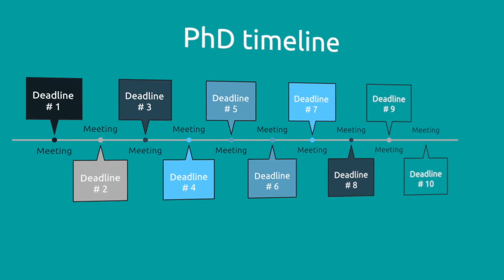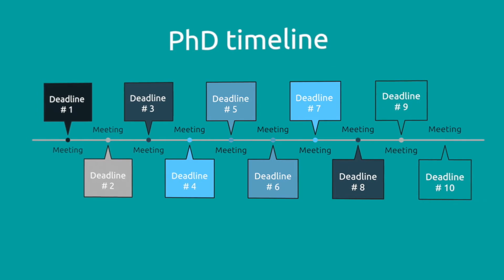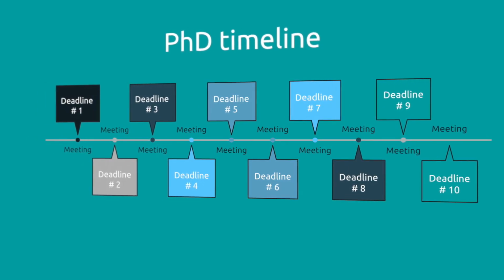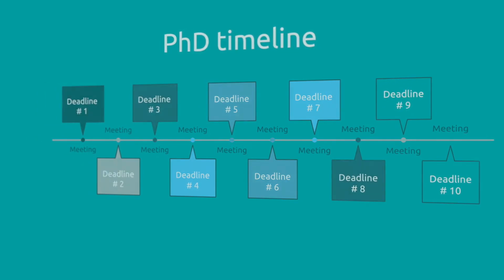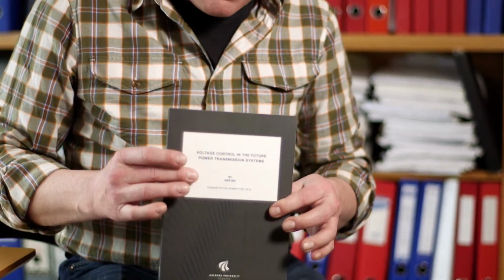And repeat again, we will make the next meeting and so on in such a way that we actually break up the project into something resembling 10 deadlines. The PhD student now knows that there are a number of deadlines. It's a very good way of getting written material produced to finally include in the final thesis. Many times it can be up to 200 pages, and it takes time to write a thesis like this.